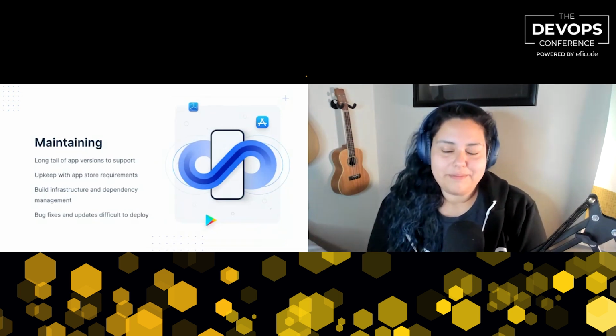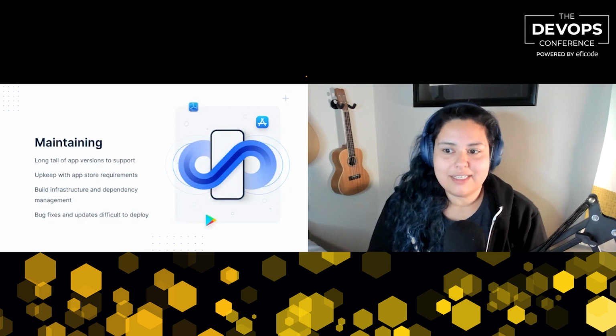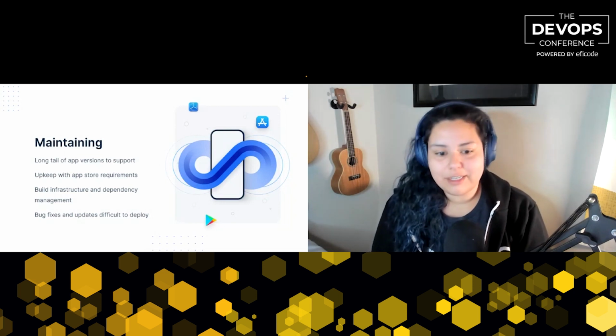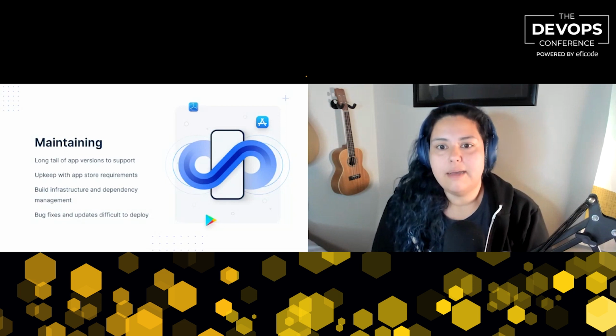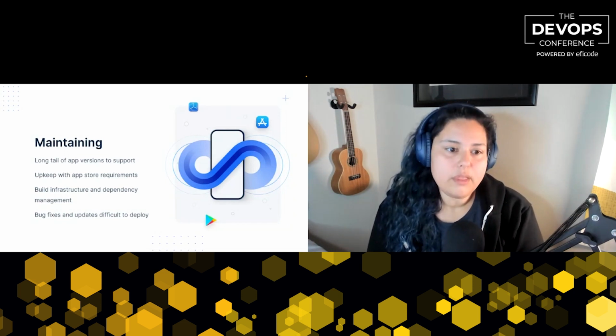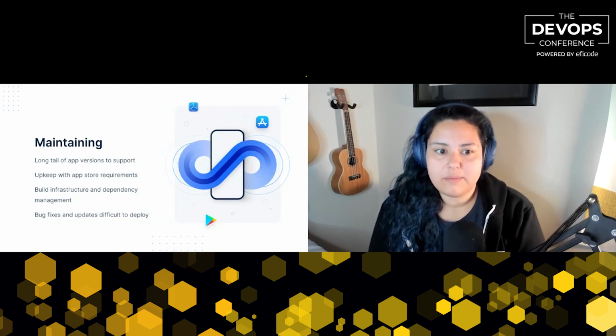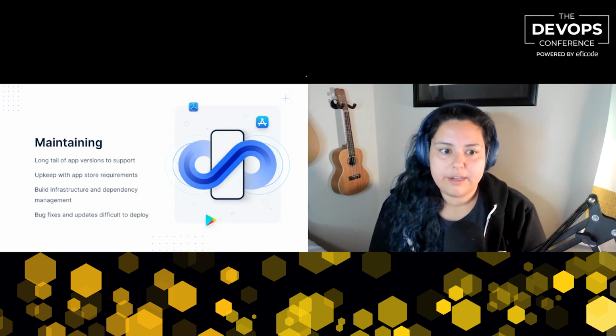And last but not least, I put maintaining as part of the deployment process. There may be some opinions on whether or not you actually consider that part of the deployment process, but I wanted to really talk about it because it's so different on mobile. In addition to having multiple devices that you need to support, you also have the long tail of app versions